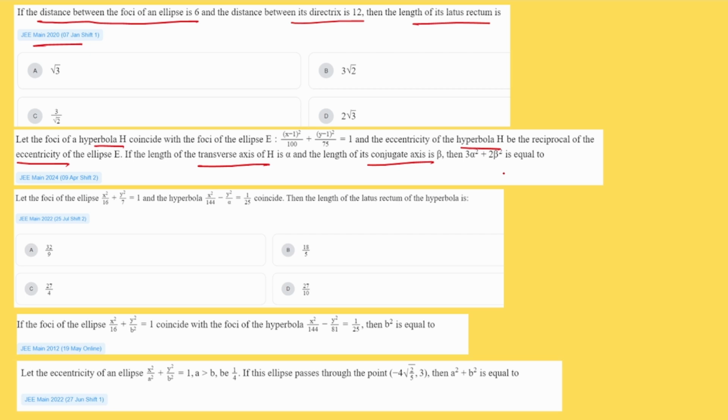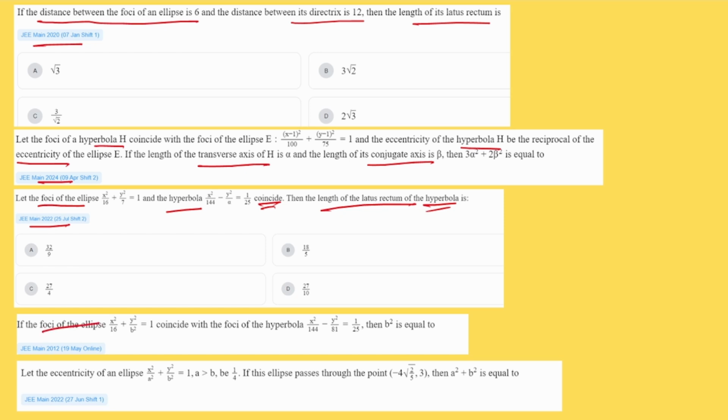Parabola and ellipse related concept they're asking. You need to find the value of 3 alpha square plus 2 beta square, where alpha is the transverse axis of the hyperbola and beta is the conjugate axis of the hyperbola. Then again, foci of ellipse and hyperbola coincide, right? They both are the same. So find the length of the latus rectum of the hyperbola. They asked this in the year